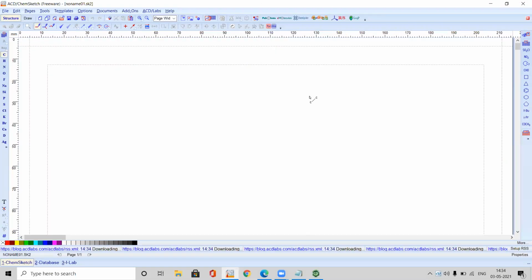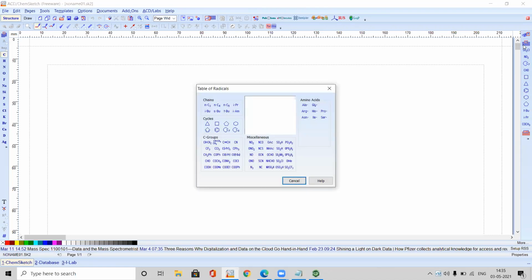This is how ChemSketch looks. Here you will find various groups, including rings, different types of rings, everything. If you don't find any group or ring here, you can click on this icon.